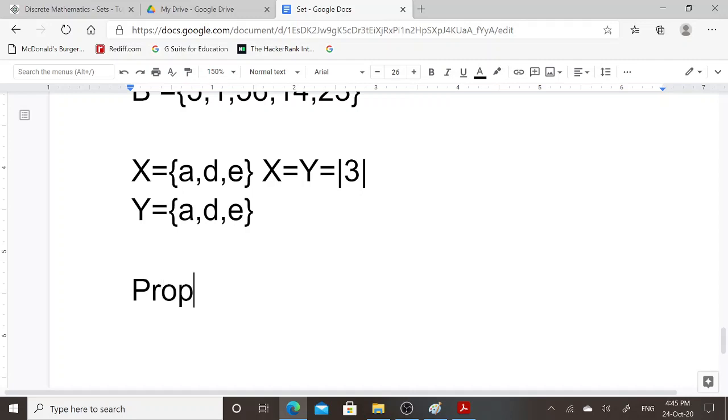Next is proper subset. What is proper subset?